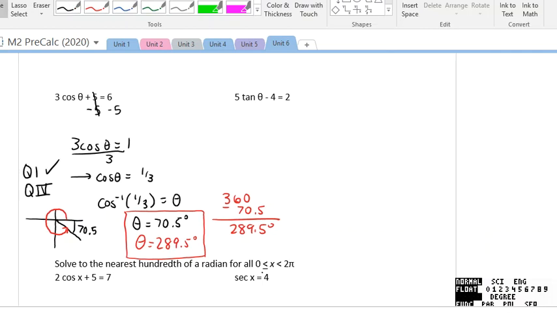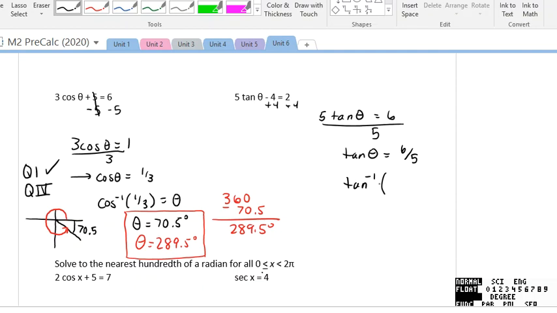So on the next one, we're going to do the same step. We're going to isolate tangent. So I'll add 4 to both sides. I'll divide by 5. We get tangent theta is 6/5. We don't have to worry about this value being larger than 1 because I have tangent here. And tangents,